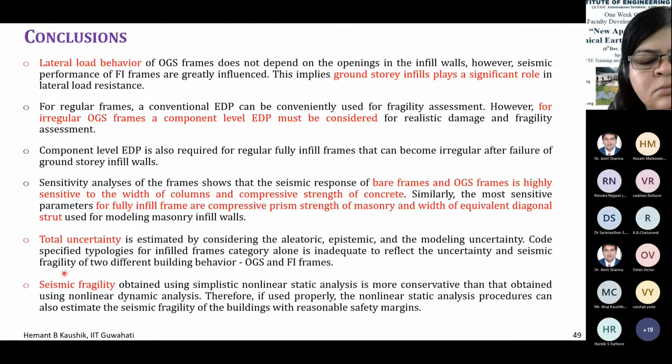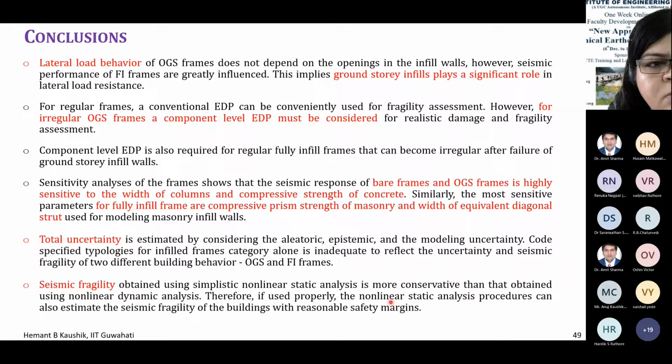We also calculated the total uncertainty by considering aleatoric, epistemic, and modeling uncertainties. And we observe that our codes are not adequate as of now to tell us proper uncertainty that can be considered in the analysis. And finally, the seismic fragility we obtained using simplistic nonlinear static analysis